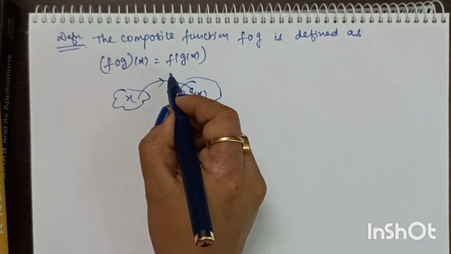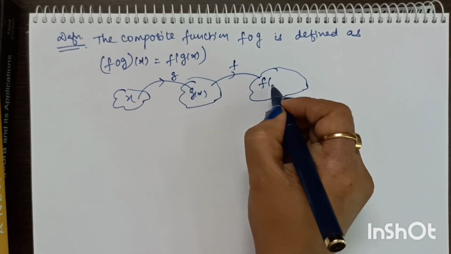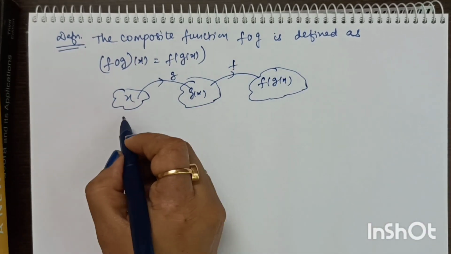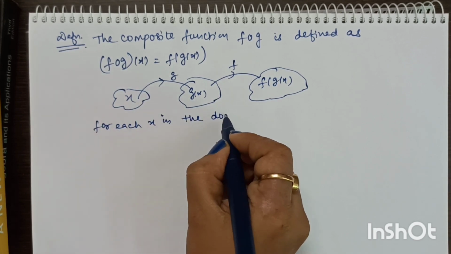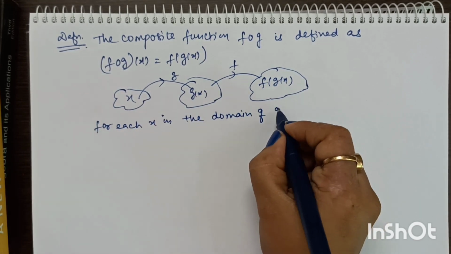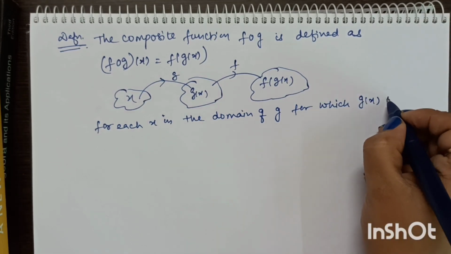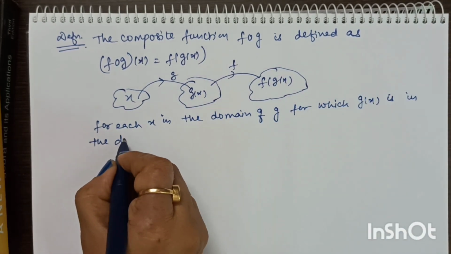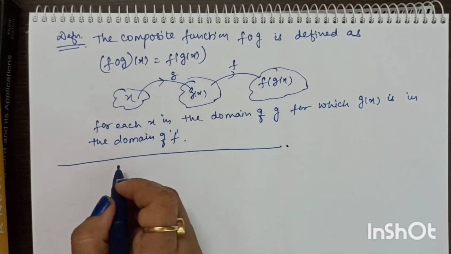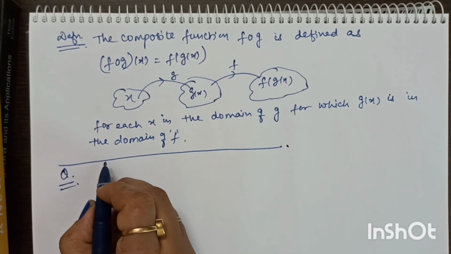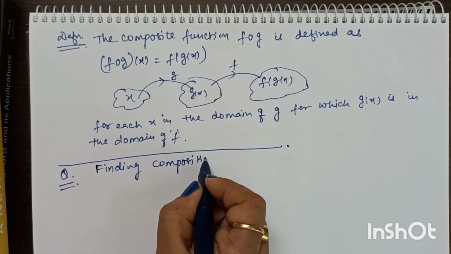Here x will give you the value g(x) via function g, and g(x) will then work as the domain for f, and this will give you the range f of g(x). This is defined for every x in the domain of g, where g's range will be in the domain of f. So, to find composite functions,